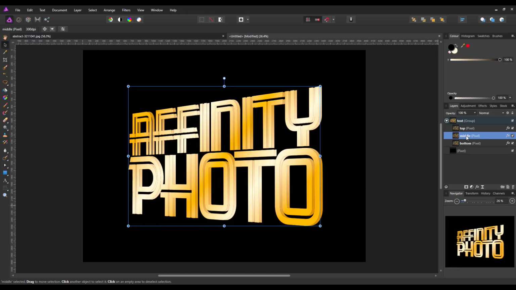I'm going to come to the middle layer again, hold down the shift key, and I'm just going to press this one twice. So we've got the 3 different layers of that text. One moved over 2 times, one moved over 4 times. So next we want to come to the middle layer, which we are already on, and we're going to add, no, before I carry on,